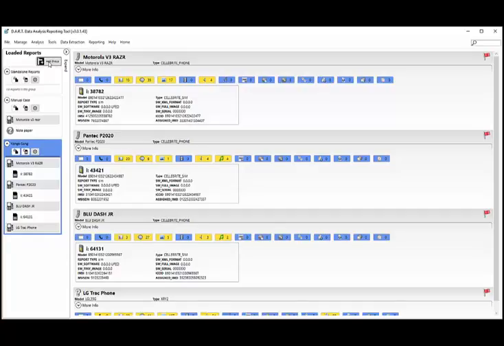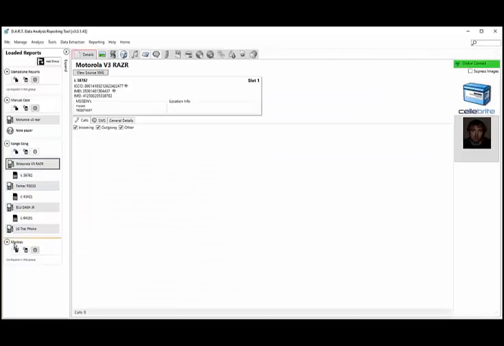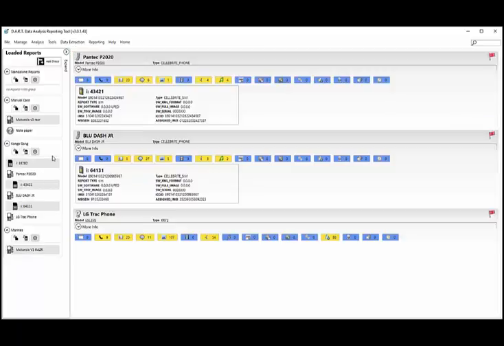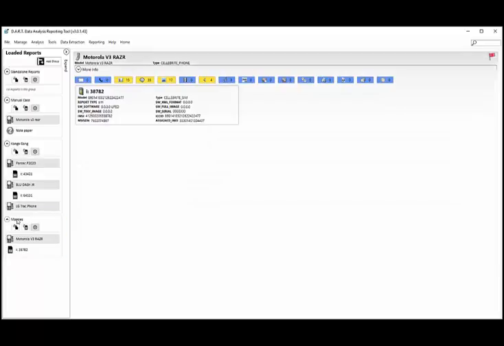case of this, I could create a new report. So I'm going to add group, and I'm going to add in Marines. I'm going to click OK to add this group. And now what I'm going to do is move my Marines report down, and move the SIM card that goes with the Marine report down into that report. So what I've been able to do is move SIM cards. I've been able to move reports. I've been able to create a case report by simply clicking on different items and options inside of my reports